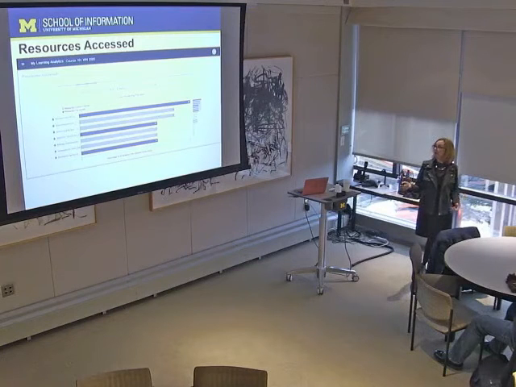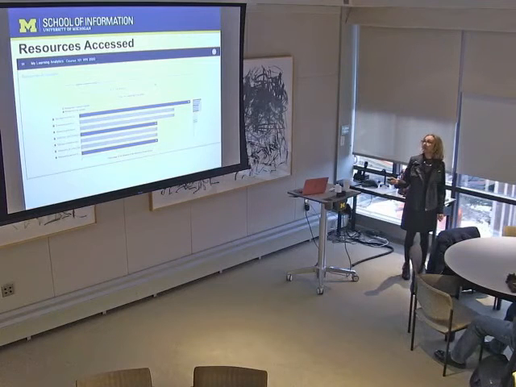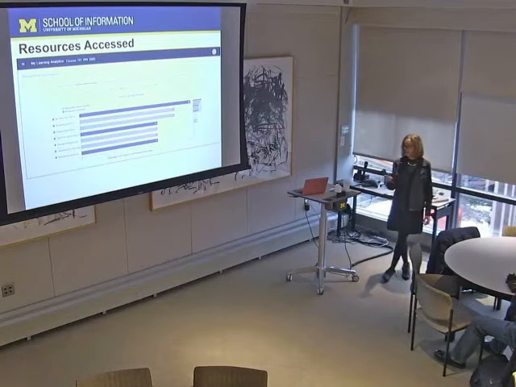The other thing they can control here is the slider for the time that they're looking at. So it always opens on the current week of the term and goes two weeks back. Maybe as the term goes on, you're slammed and you just want to know, what did everybody read last week? So you could just make it show you one week, or you might be studying for the midterm and you want to make sure you've read everything you're supposed to have read up to that point. So you might open it at 8 and slide it all the way back to 1. And then the list will be complete that way. And you can scroll up and down here to see as many items as you want to see.